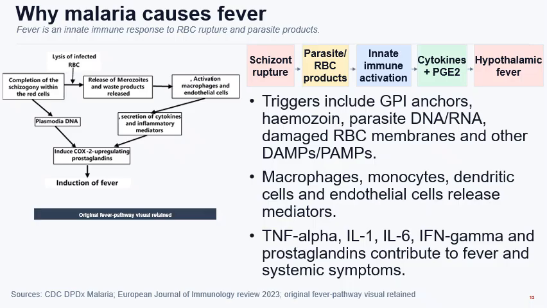At this juncture, it is important for us to understand why malaria causes fever. Fever is produced when blood stage schizonts rupture and release parasites and red cell products. Glycosylphosphatidylinositol, hemozoin, nucleic acid, and damaged cell signals activate macrophages, monocytes, dendritic cells, and endothelium. Cytokines, such as TNF-alpha, interleukin-1, and interleukin-6, together with prostaglandin E2, reset the hypothalamic temperature set